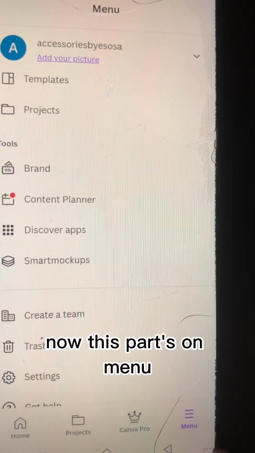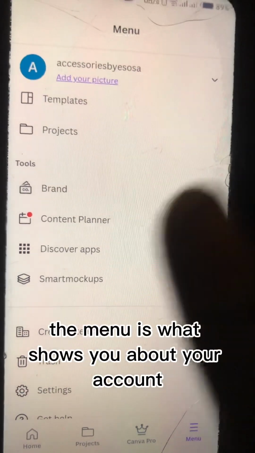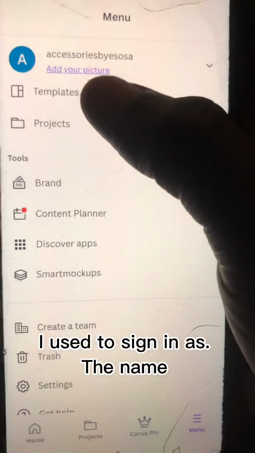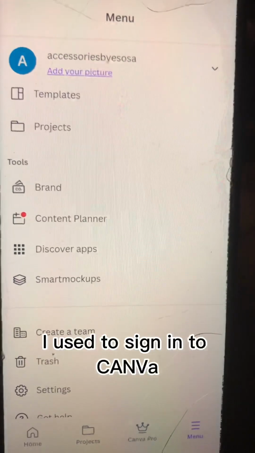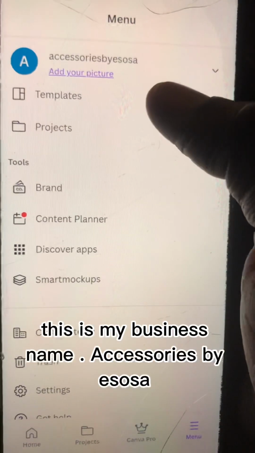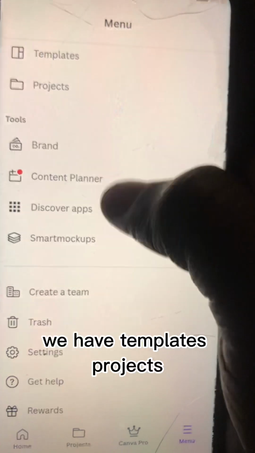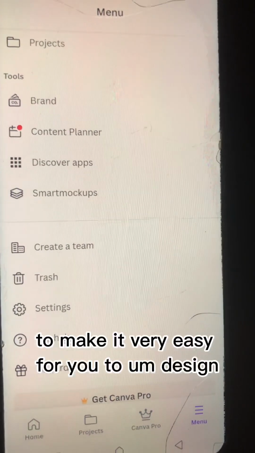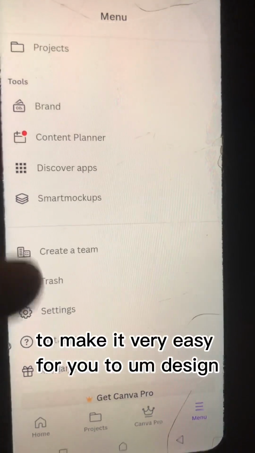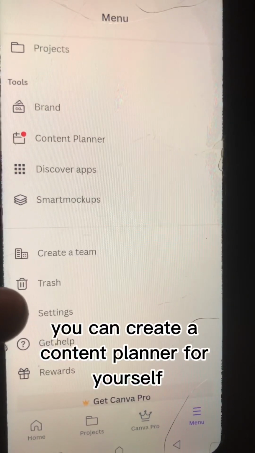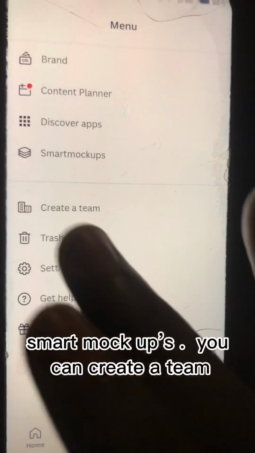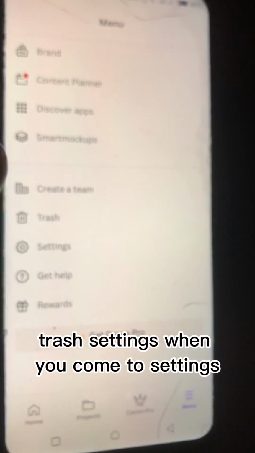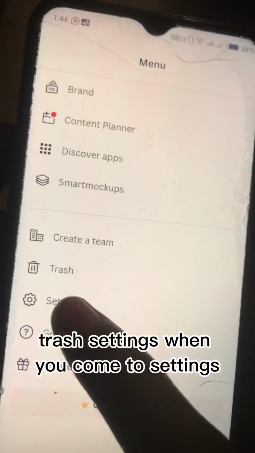Now this part is the menu. The menu is what shows you about your account. Now you can see the name I used to sign in to Canva. This is my business name, Accessories by Social. We have templates, projects, the brands. You can edit your brand kits to make it very easy for you to design. Content planner, you can create a content planner for yourself. Smart mockups. You can create a theme. There's trash, settings. When you come to settings,